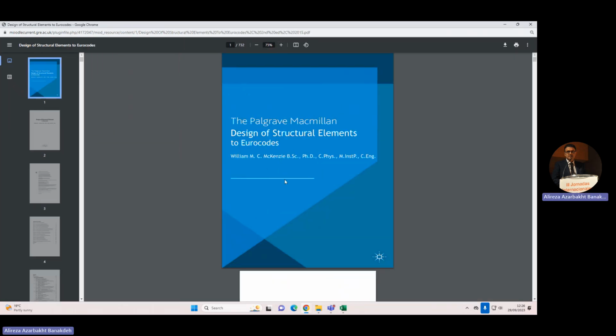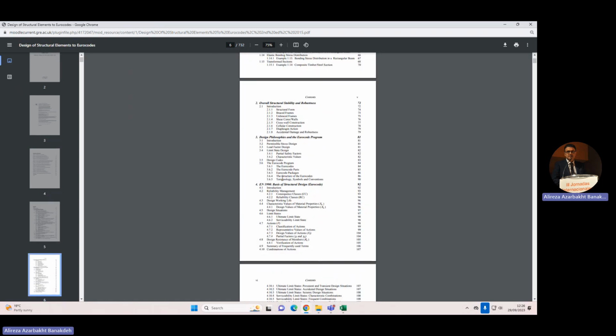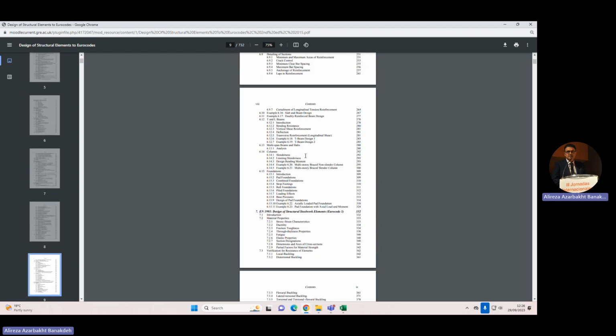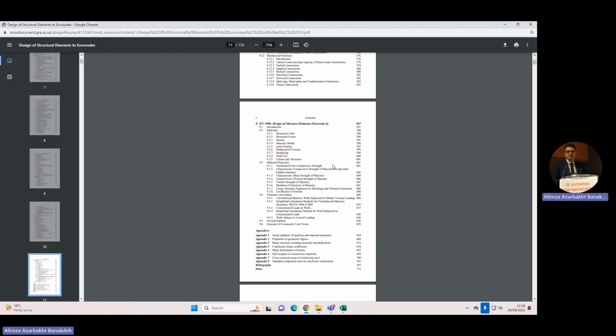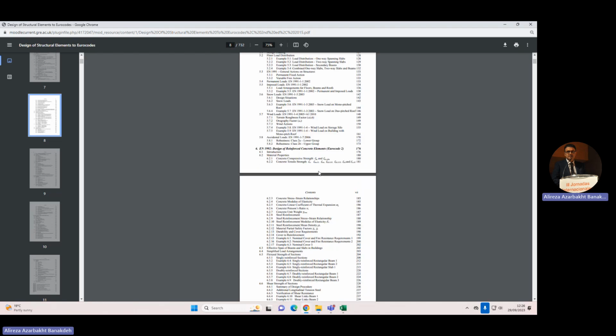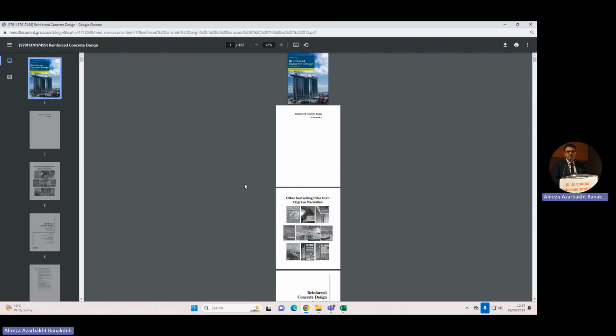This is Mackenzie, and you really only need one of the chapters. We will go from this chapter really. Chapter concrete, chapter timber, which one? Structural steelwork. Where are you? This one, chapter 6. We'll go through this chapter 6, this is the main reference, but with a combination of something additive from the second reference, which is